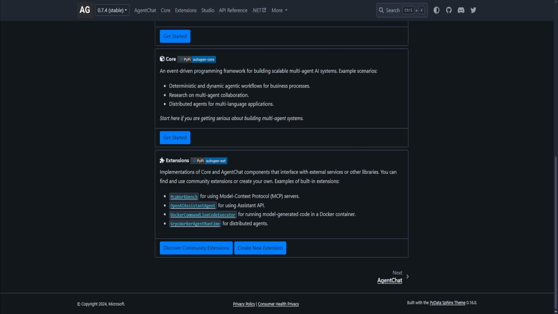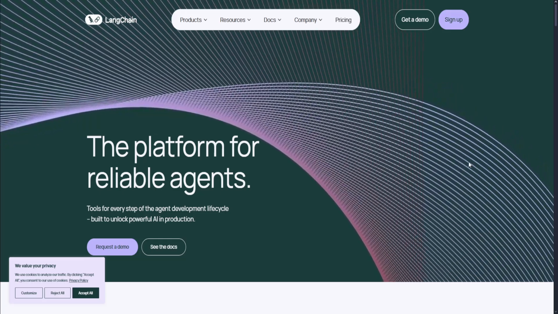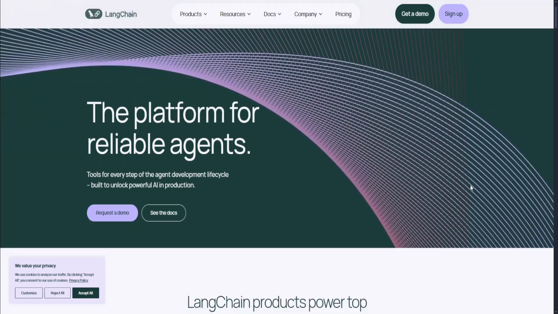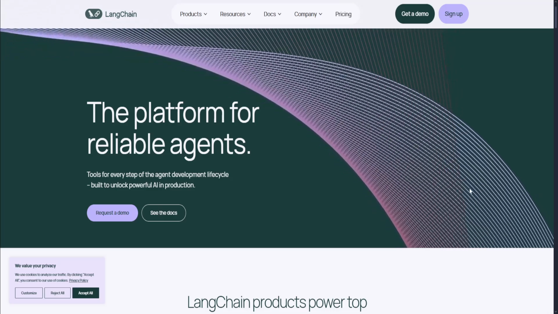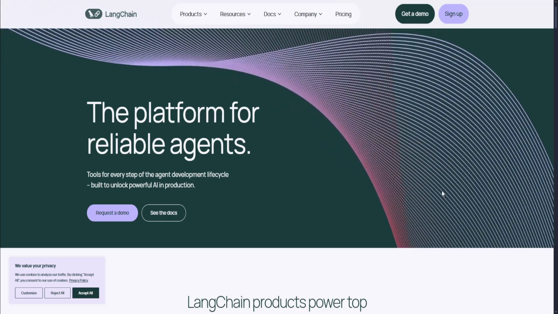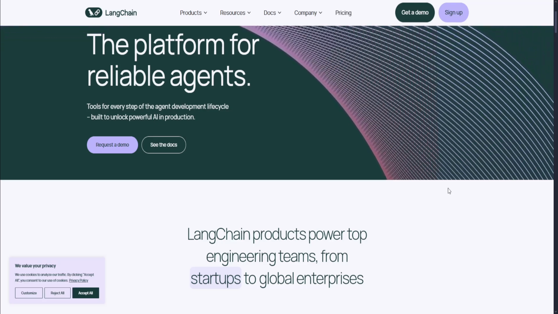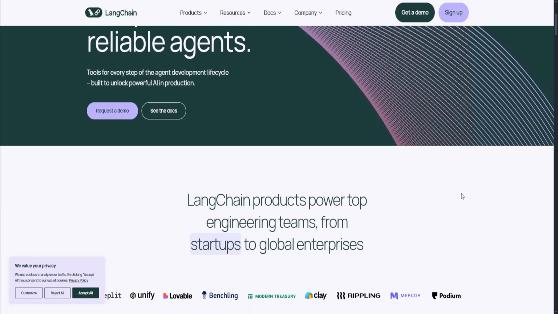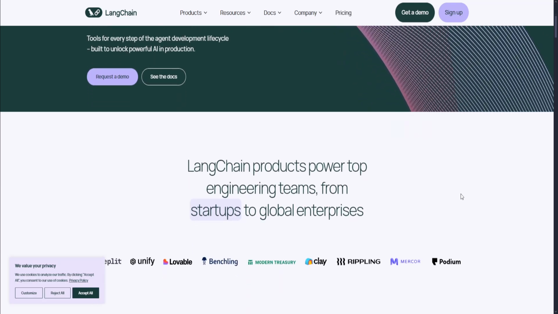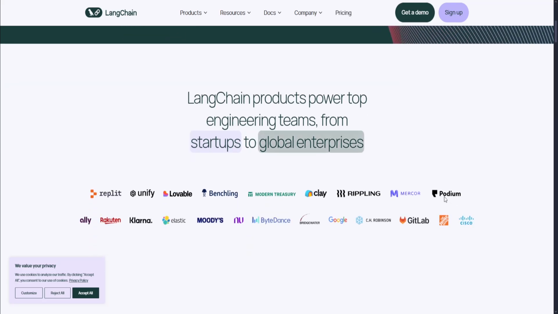The con of it though is it can be heavy for simple projects, and it's more experimental than production ready in some cases. Then lastly we have LangChain. LangChain is the most widely known framework for orchestration of large language models. It provides tools for chaining prompts, managing memory, connecting to external APIs, and integrating with vector databases. So the pros of it is it has a large ecosystem with wide adoption, rich integrations with databases, and is also production ready for many AI apps that use its cases.